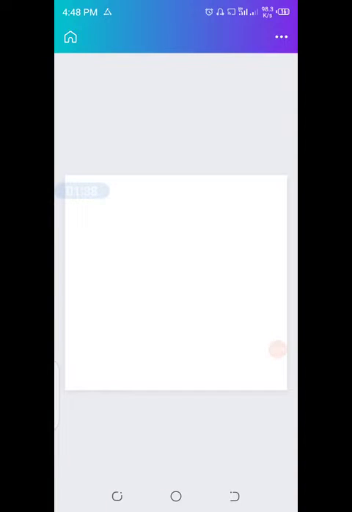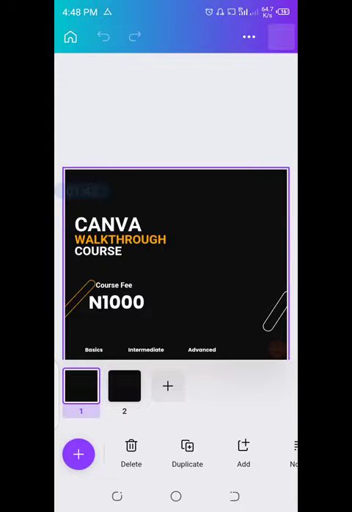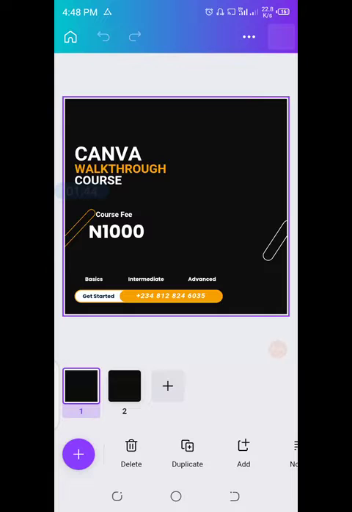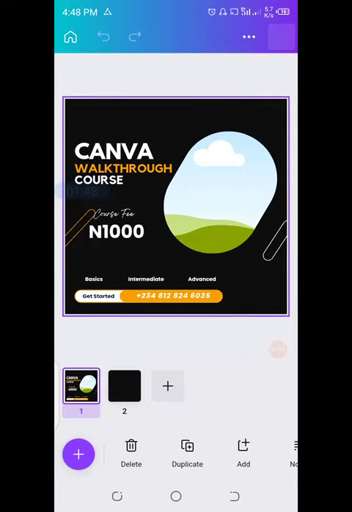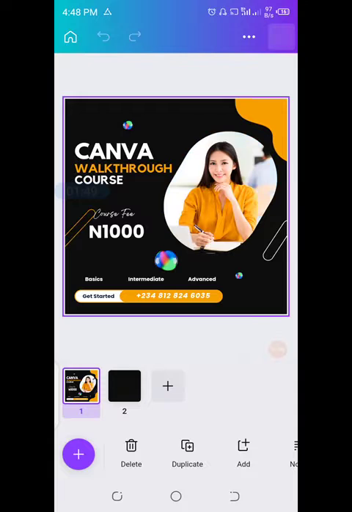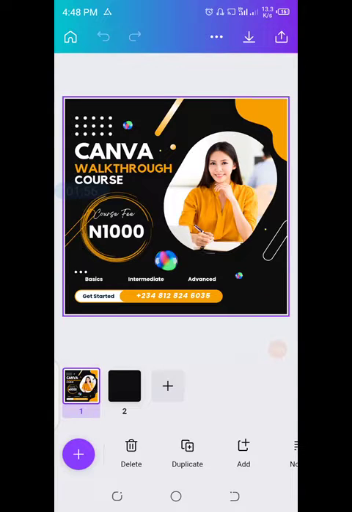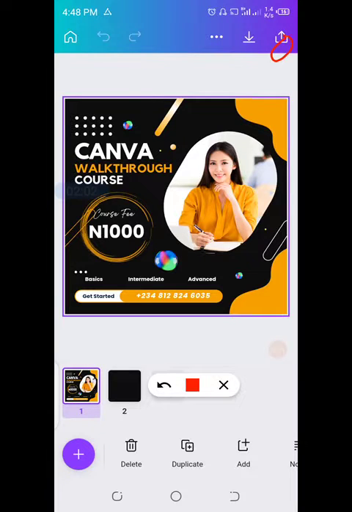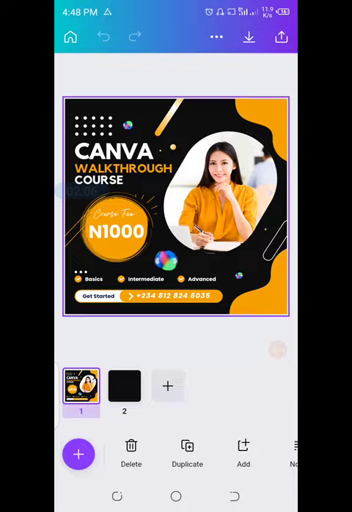Okay, but let's see with the same thing. Okay, it's loading. I can see the pages, so this is an editable work. Okay, so go to the share button, share, tap on it,